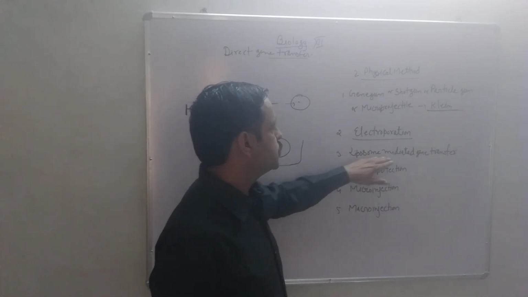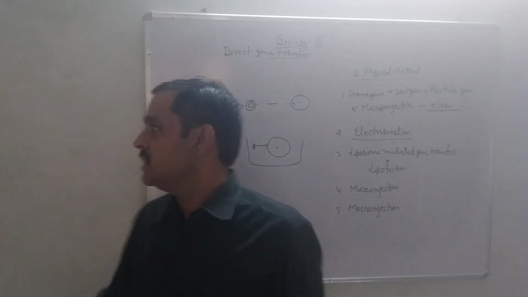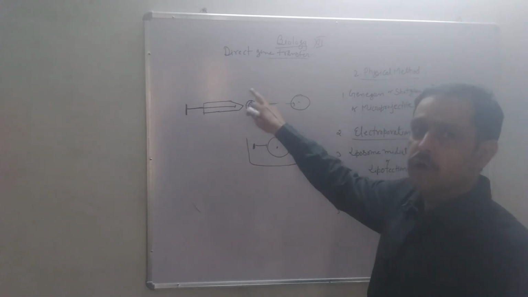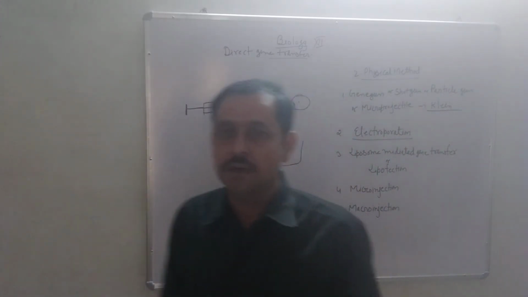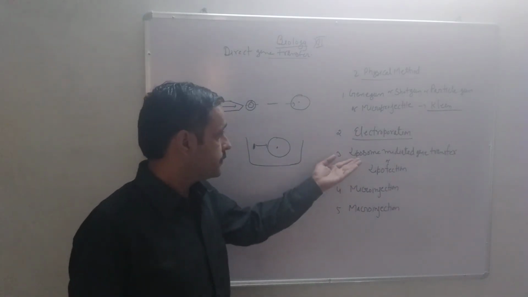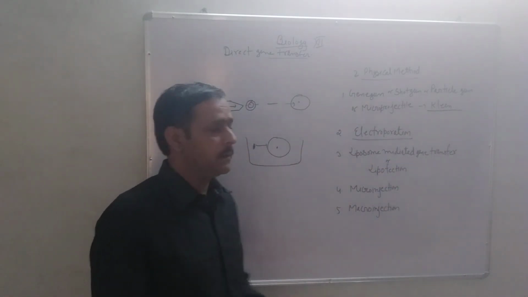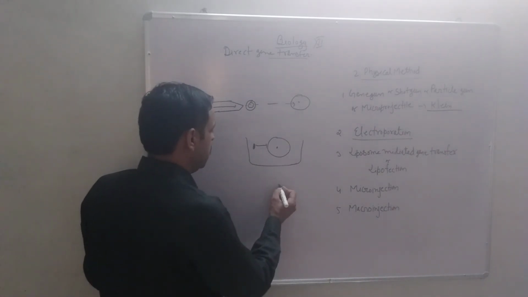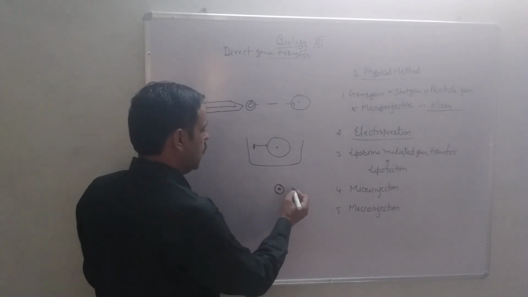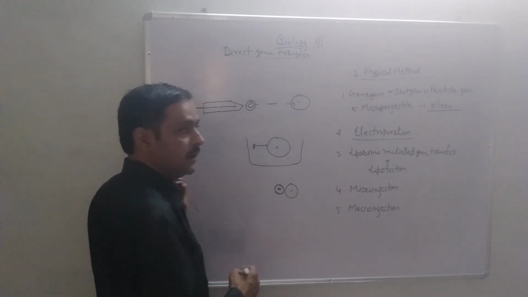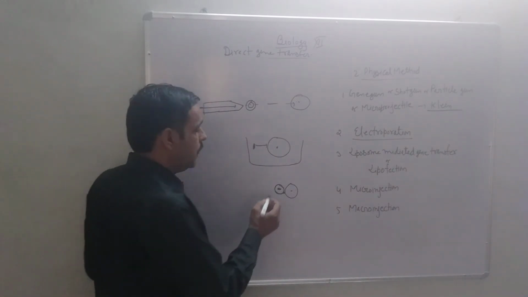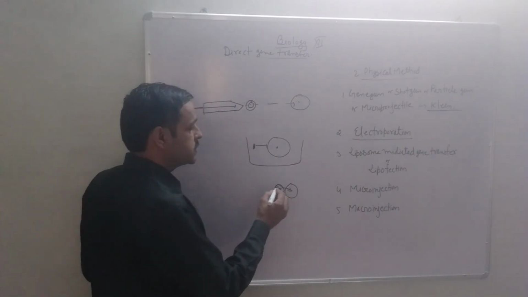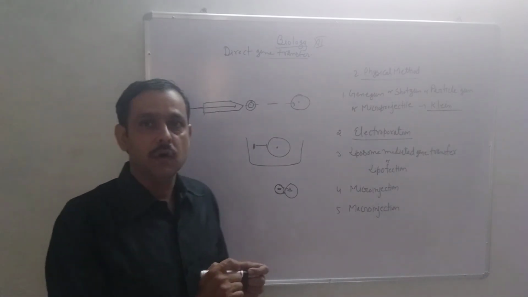Third, lipofection and liposome mediated gene transfer. जैसे जीन गन के अंतर्गत हमने गोल्ड या टंगस्टन से डिजायर्ड जीन को ओवरलैप किया था, उसी प्रकार यहां लिपोसोम मीडिएटेड जीन ट्रांसफर में वाटर और लिपिड के द्वारा इस डिजायर्ड जीन को ओवरलैप कर लेते हैं और कोशिका के पास में इसको रख देते हैं। तो ये जो लिपिड है वो प्लाज्मा मेम्ब्रेन के लिपिड से टच हो जाता है और इसका जो डीएनए है वो न्यूक्लियस में ट्रांसफर हो जाता है।